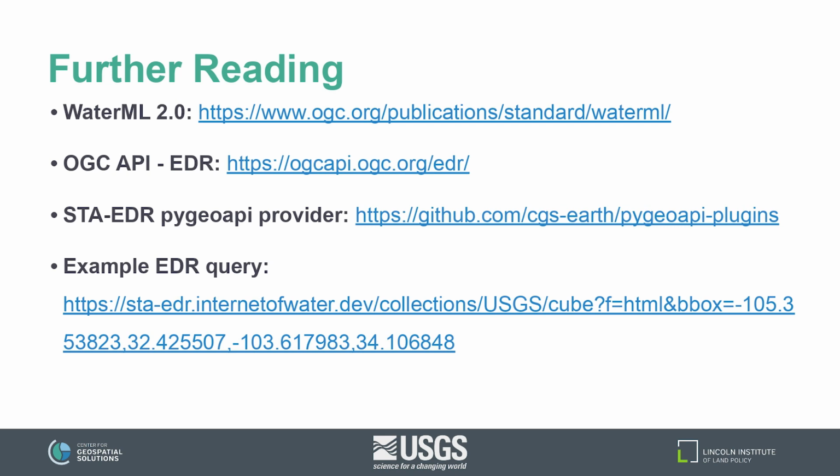Here we're querying by bounding box. I believe this is southwest New Mexico. Without knowing the type of data that is in the SensorThings endpoint, only knowing our area of interest, we're able to get all of the observations in that area, and we're able to really easily put them on a web map. Anyone in this room on their phone could go to this same website and would receive this same web map and would be able to say, oh, I wonder what the gauge height looks like here in Roswell, New Mexico.